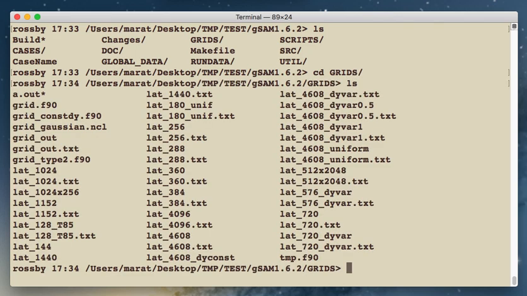So for example, let's create some new grids. There are some pre-computed grids here, but let's create a new grid, say one that is about 10 kilometer grid spacing at the equator. For that we will use a number of grid points in the longitudinal direction of 3840. Make sure that this number is actually one of those allowed by SAM,